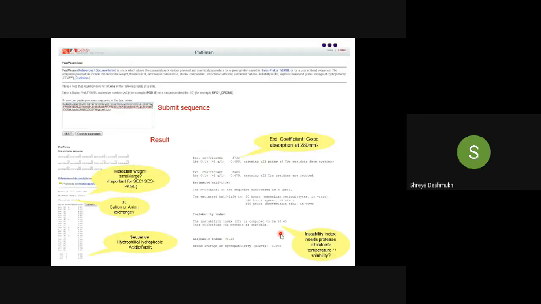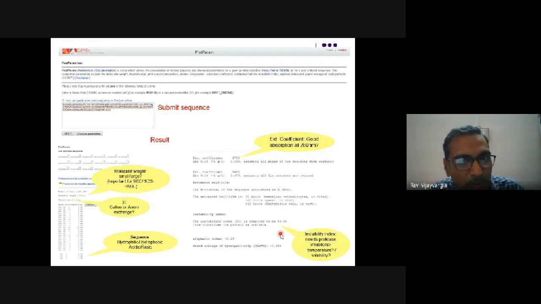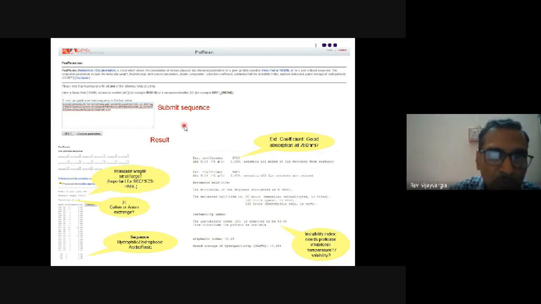Okay, sir. So if you don't know a lot about your protein and you only have the sequence of the protein, there are several tools which might help you get more information about its features. This is one such tool. There are other tools also, but this is one of the popular ones. It is available online and it is free. You can just Google for ProtParam, and it will take you to the ExPASy website. In this window you can paste your protein sequence, submit it, and within a few seconds you will get this result.